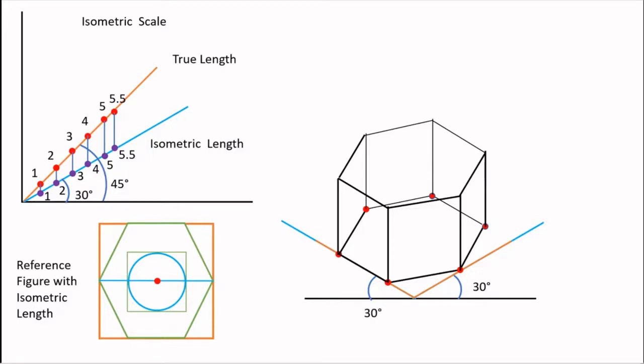For ease of understanding, I'm going to remove a few edges in the given presentation. So here is the top hexagonal face that is clearly visible. Now I'll be using the reference figure and finding the center. So the distance I'll be taking from the reference figure and marking on it. About the center, I'll be using the reference figure and constructing the square, which is converted into a rhombus in the isometric view.